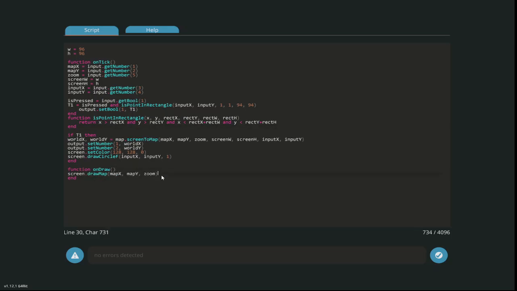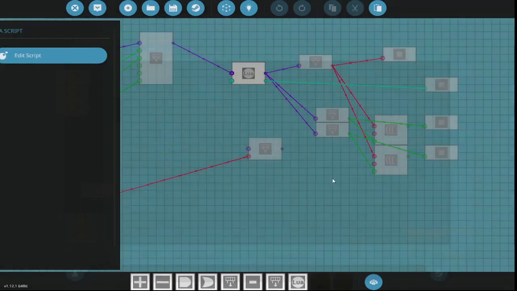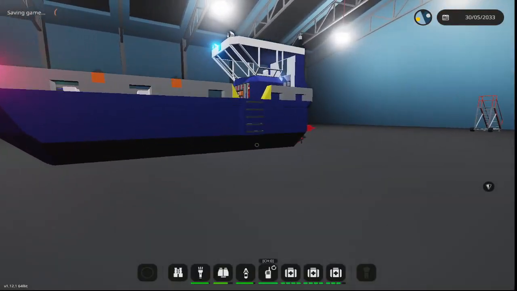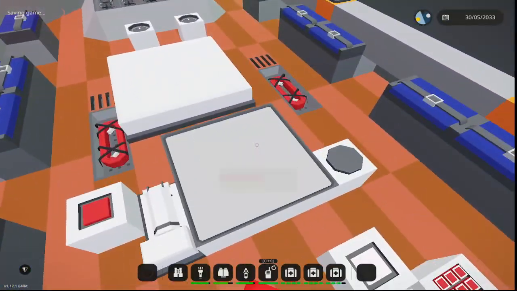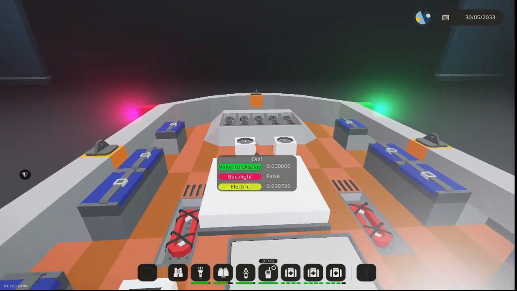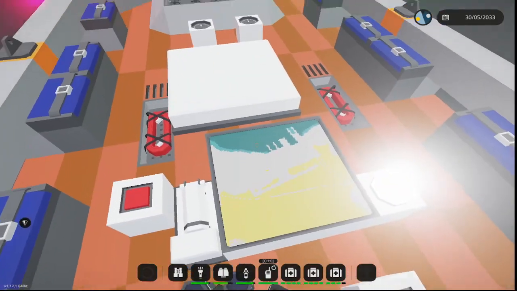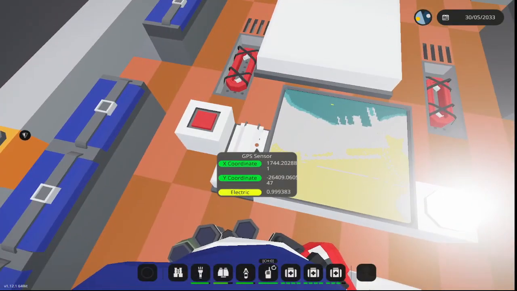In the on draw, what I'll have to do is say if T1, then in here I'll have to do this. See if that's going to work. We have to separate it because part of the function is outputting numbers and part of the function is drawing on the screen. So now all I'm trying to do is separate the drawing on the screen from the numbers. And I seem to have done that. So now I can draw on the screen, but it's still not giving me the